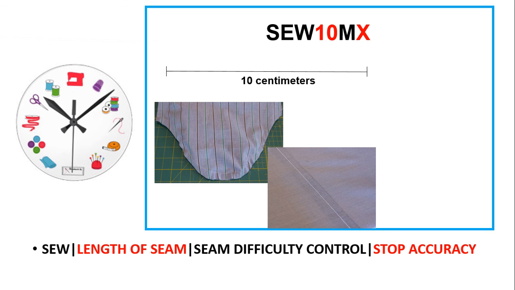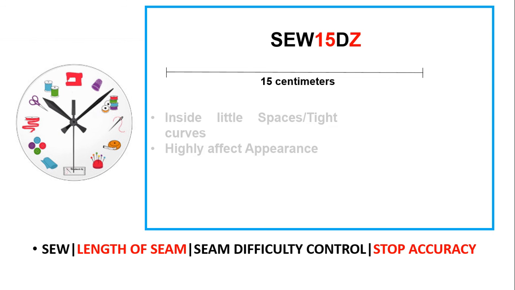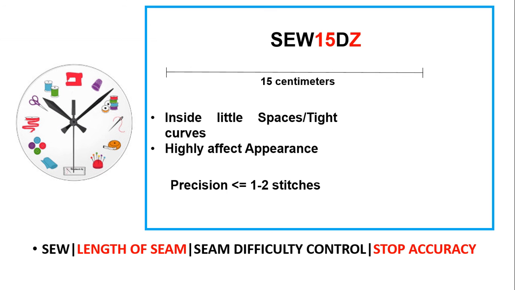Here, X stands for stop accuracy, where X means an approximate stop at the end with no back tack, obviously, with the precision level that exceeds 1 centimeter. Let us consider another example, SEW15DZ. So here, it is 15 centimeters long stitch with D or difficult stitch control, suggesting it is to be sewn inside little spaces and the stitch will affect the garment appearance. The stop accuracy of Z, meaning high precision within 1 to 2 stitches, like in case of top stitch on